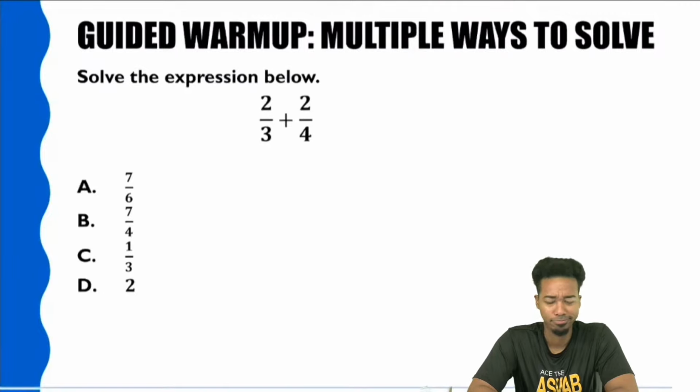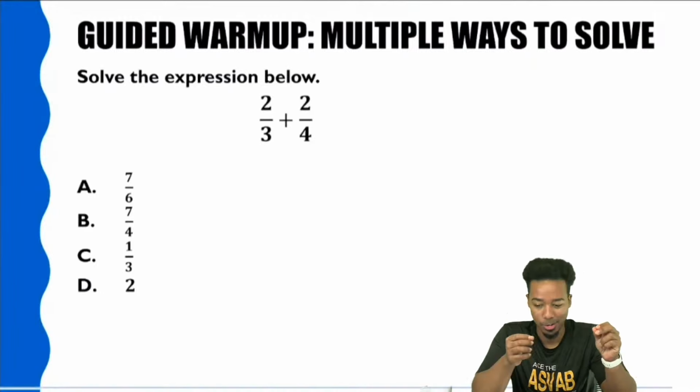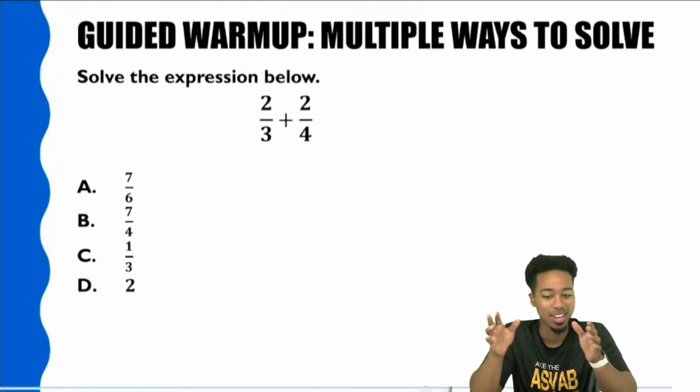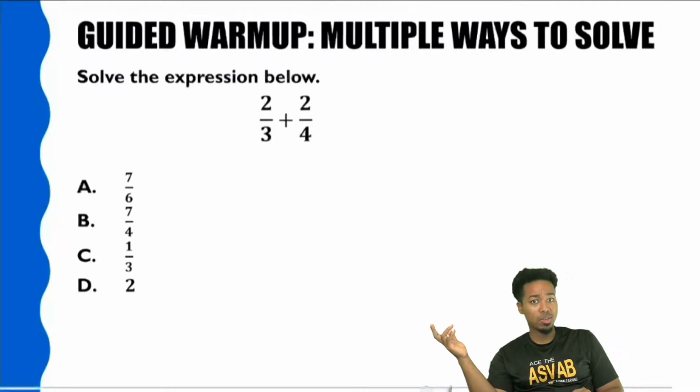No. What are you guys doing? Paying attention? Okay, yeah, that's correct. We need the same denominators. If we have the same numerators, nobody cares. Because you could be saying that I have 2 out of 3 slices of pizza in this box,